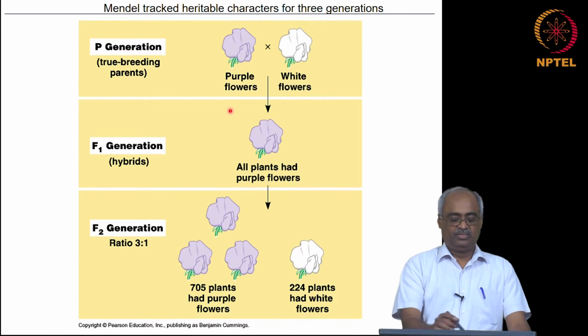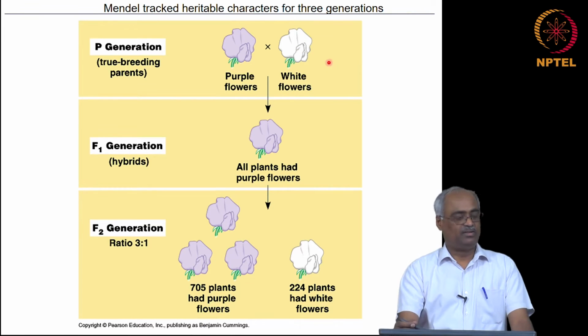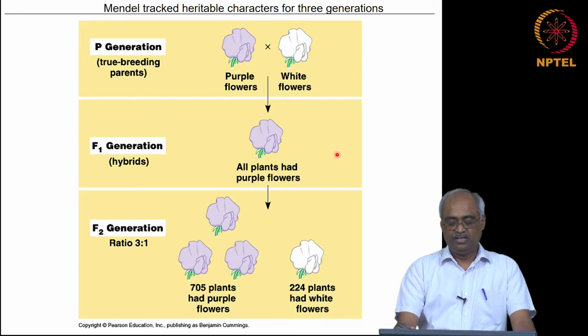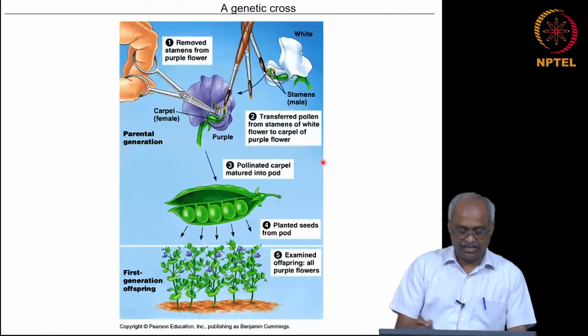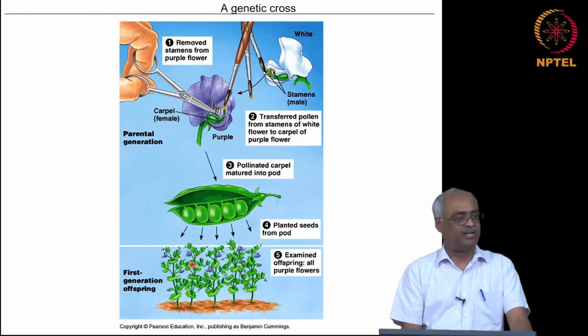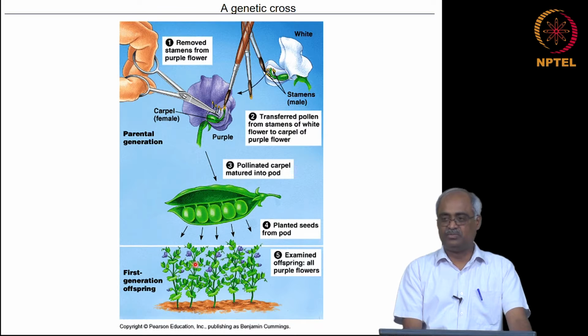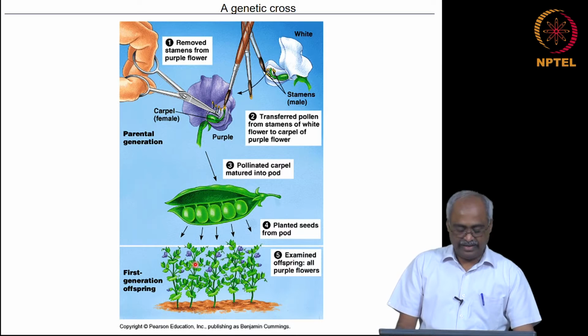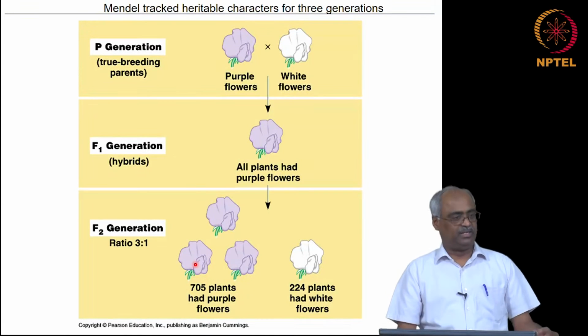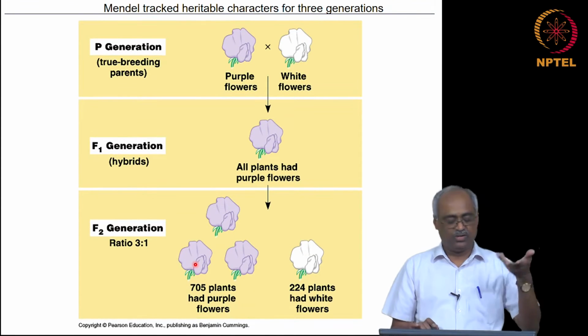So, this is the parental generation or P generation, then filial generation 1, where all plants produced purple flowers. Now what he does is, here he does not open up and cover it and selectively bring stamen from somewhere, he allows them to self pollinate among themselves. So, when he did that and then collected the seeds and sowed them, and when they grew and new flowers